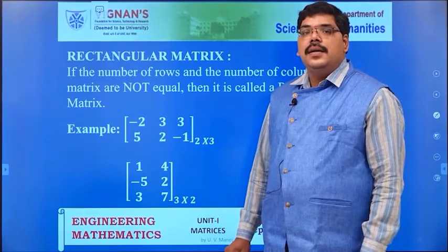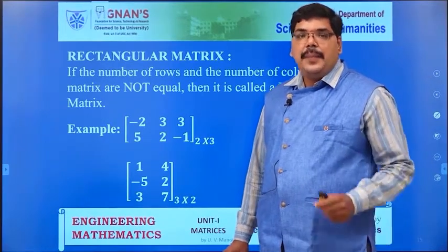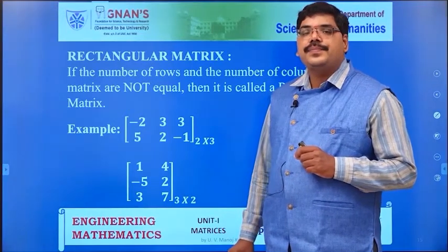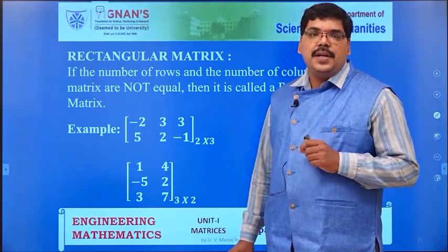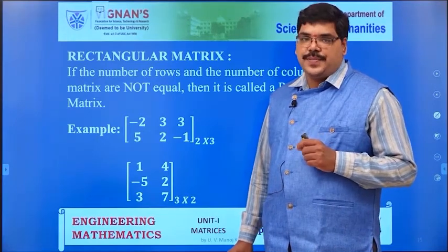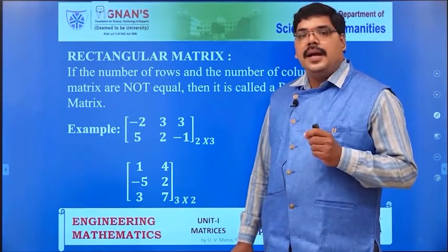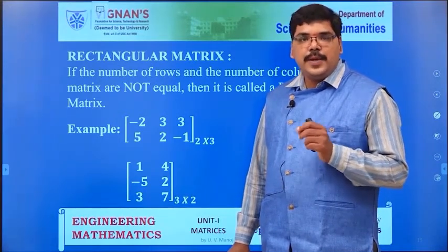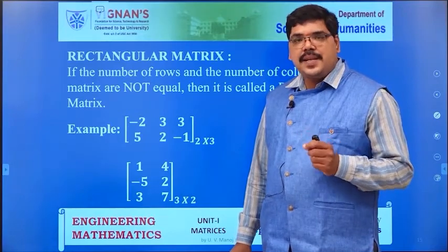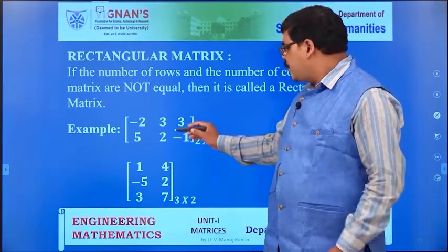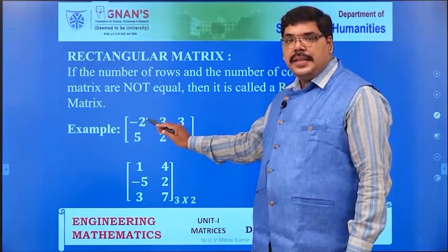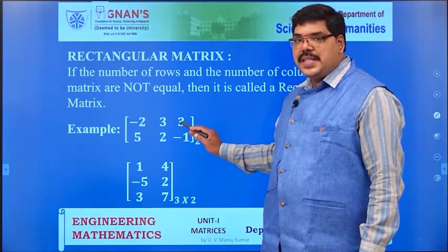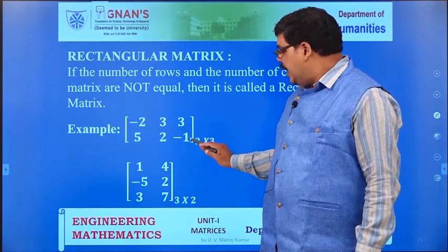Next, rectangular matrix. A matrix is said to be a rectangular matrix if the number of rows does not equal the number of columns. See the examples on the board. In example 1, there are 2 rows with 3 columns. So this is a rectangular matrix because the number of rows